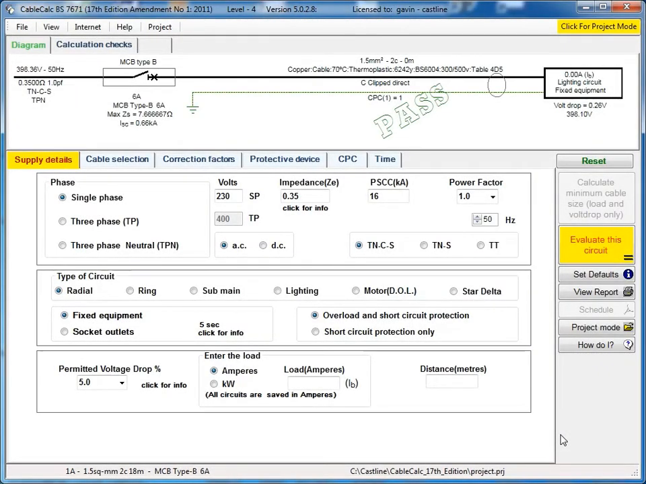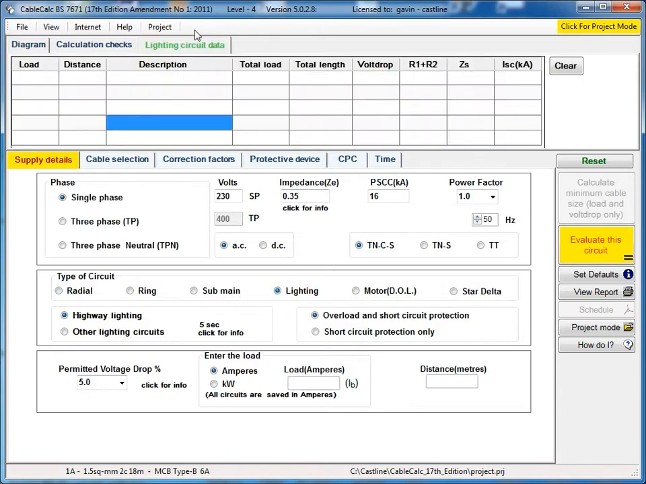Hi there, this tutorial is going to cover lighting circuits in CableCalc. The advantage of doing it as a lighting circuit as opposed to just a standard radial calculation is that you can calculate the load and the impedance at each fitting around your lighting circuit. So to do a lighting circuit, you take the bullet point onto lighting circuit,